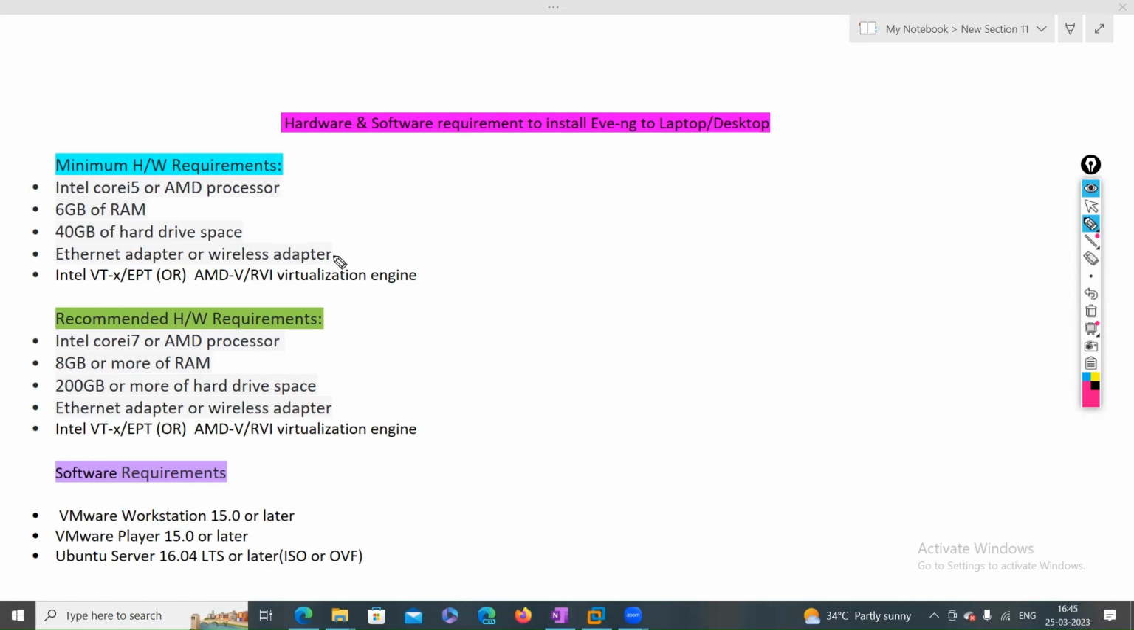And then, we told you, right? When you're going to install your EVE-NG, you need internet connectivity. So you need an Ethernet adapter with internet connectivity. That might be any type of adapter, wireless or wired Ethernet. Okay, and then your processor and motherboard should support the